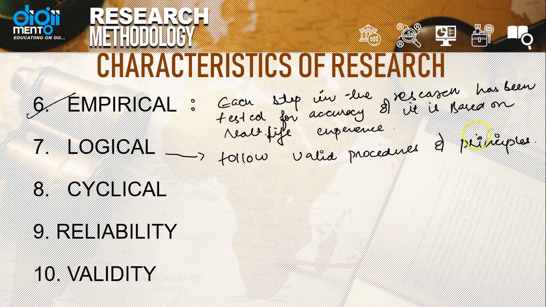Okay, now the next one is cyclical. So what does it mean? Let's suppose you start your research with some problem. In the whole research journey, you find the solution of your first problem, and after that solution, you find another problem. So it is a cyclical process. Okay, so the research is a cyclical process